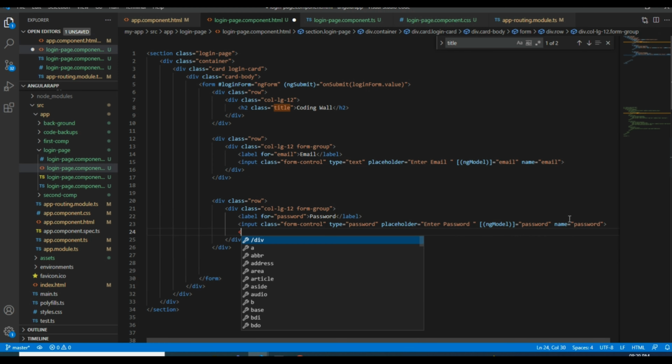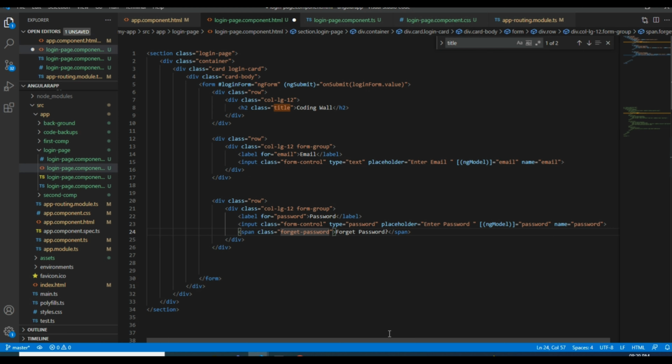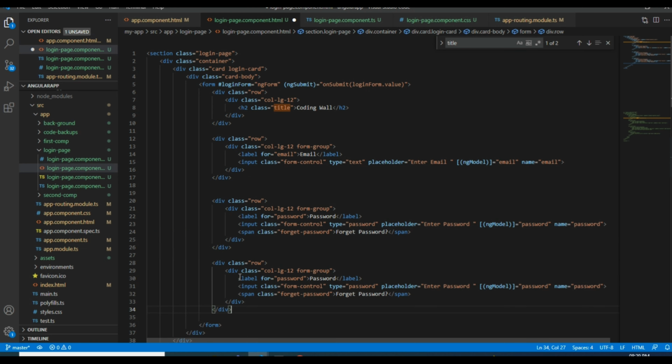Forgot password is a span to this. Forgot password with class forgot password.